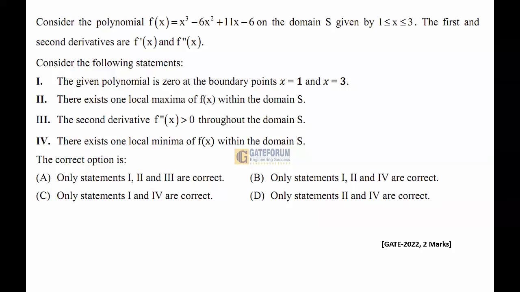Question is, consider the polynomial f(x) is equal to x cube minus 6x square plus 11x minus 6 on the domain S given by 1 less than or equal to x less than or equal to 3. The first and second derivatives are f dash x and f double dash x. Consider the following statements. 4 statements given, 4 options given. This is from engineering mathematics, from the topic calculus, maxima, minima. The solution is